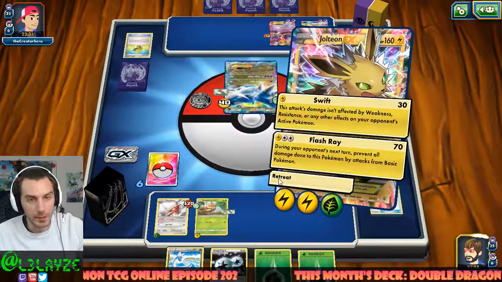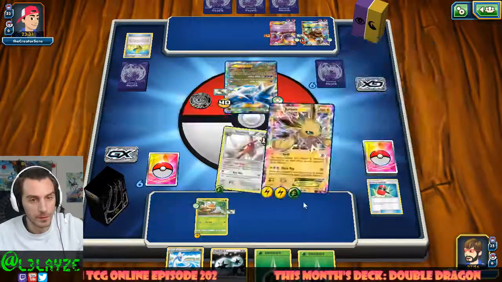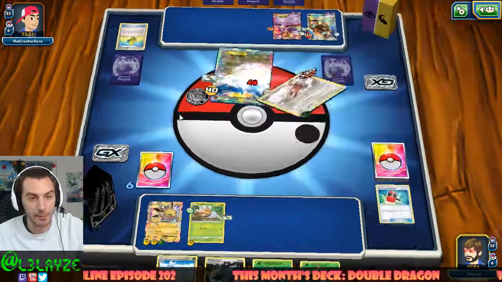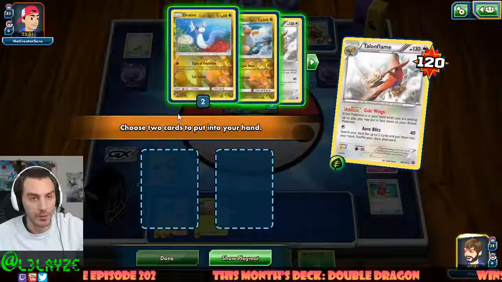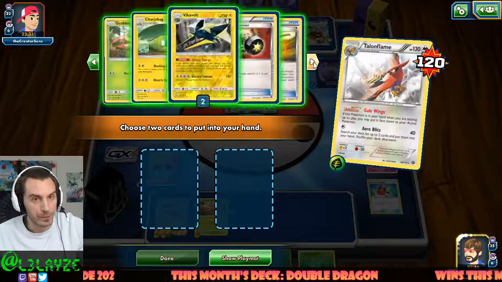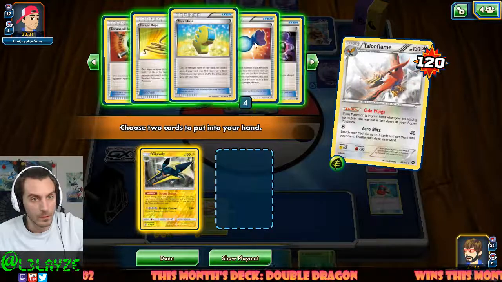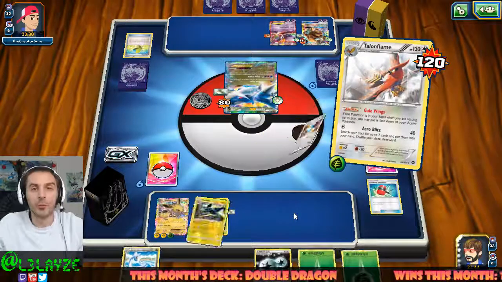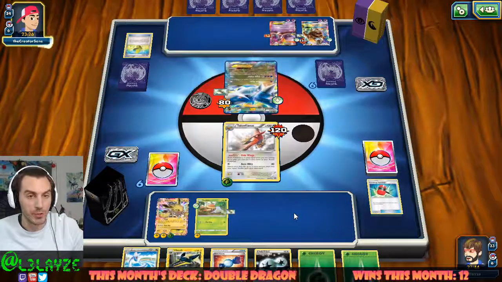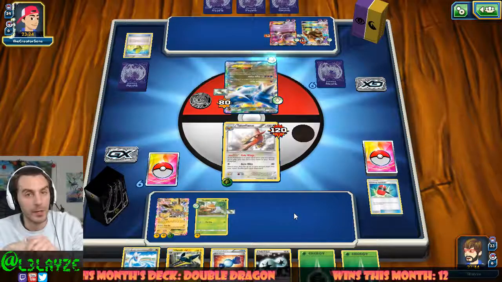Well, let's go ahead and just grab a couple cards, I suppose, if he's going to play that game. I'm okay with getting Talonflame KO'd. It doesn't matter too much. There's a risk-reward here, though. He can get the KO on Talonflame, but at the cost of his Tauros, because I'm just going to bring out Jolteon. So...